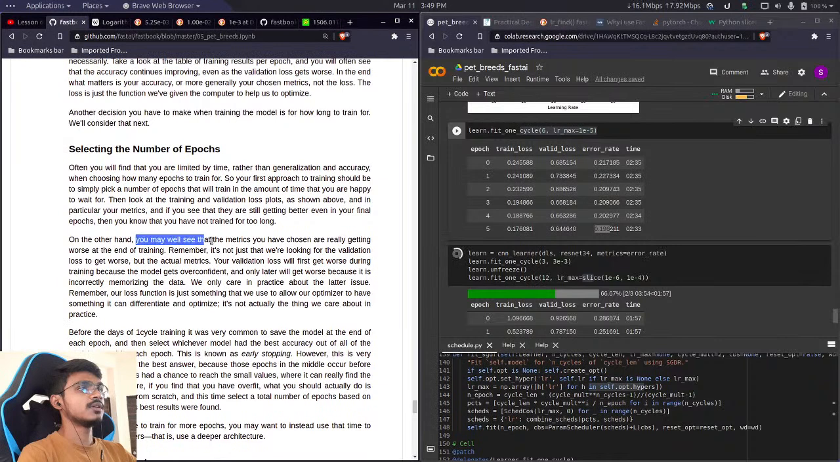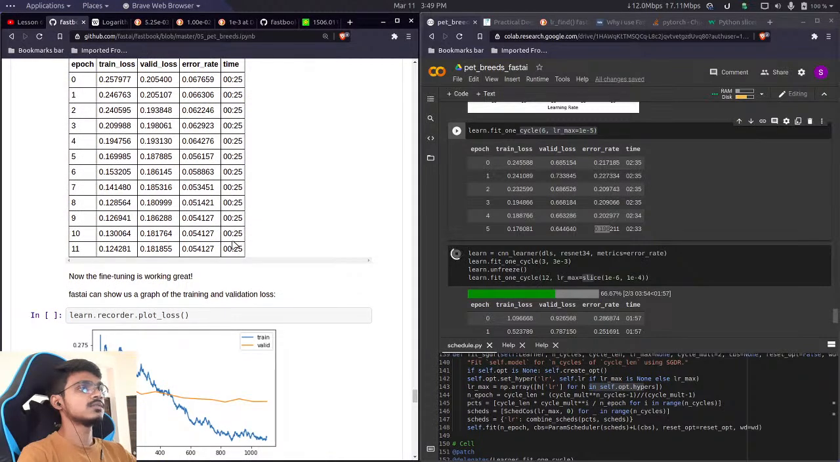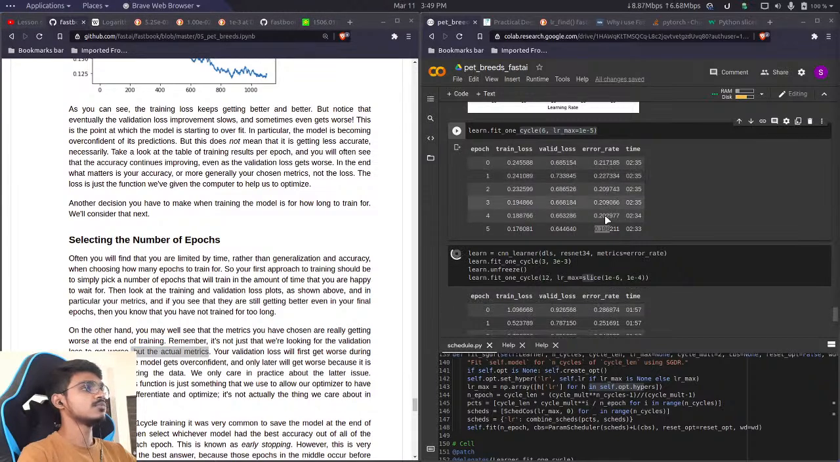On the other hand, you may well see that the metrics you have chosen are really getting worse at the end of training. Yeah, he's talking about these 3 epochs. Remember, it's not just that we are looking for the validation loss to get worse, but the actual metrics. Yeah, the actual metrics. This error rate is the actual metric,